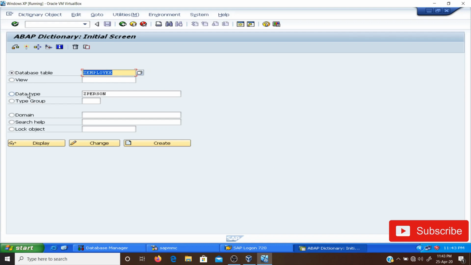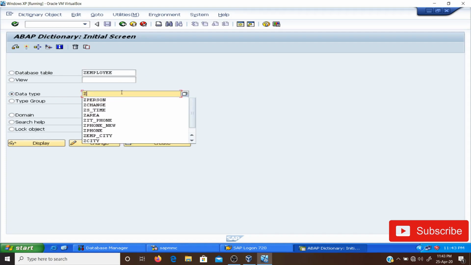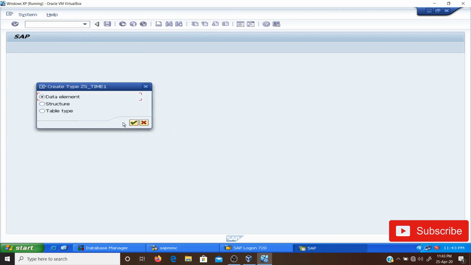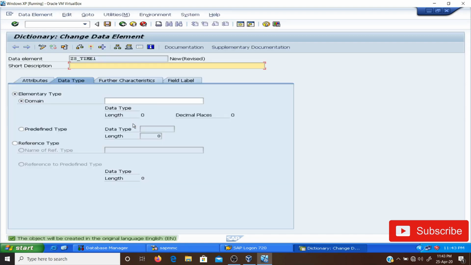For creating this structure, we first create the data element. For creating a data element, first click on the data type. In our case, I am creating the data element z_time1. Click on the create button, select the data element and continue. Give the short description, select the predefined type.